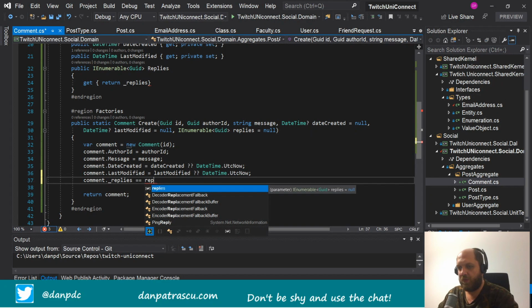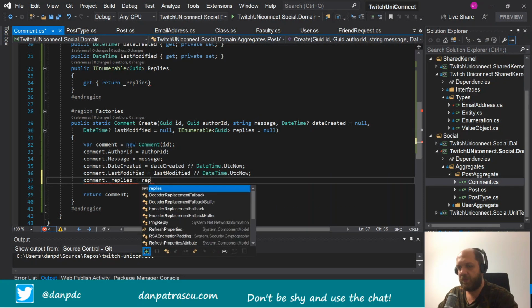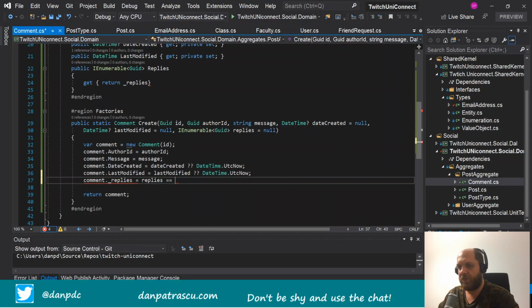Here we'll use the ternary operator once again. So if replies doesn't equal null, so if replies is not null, it is a list or something like that,